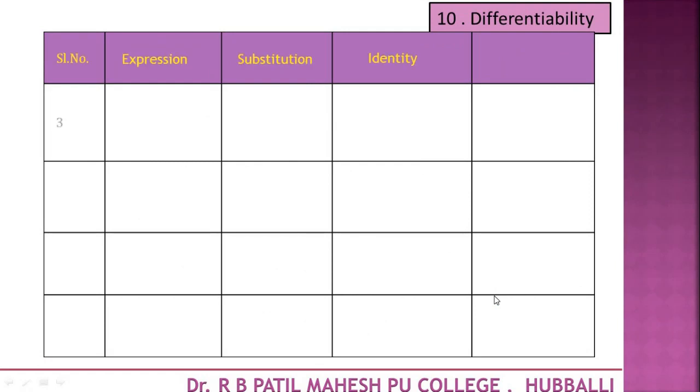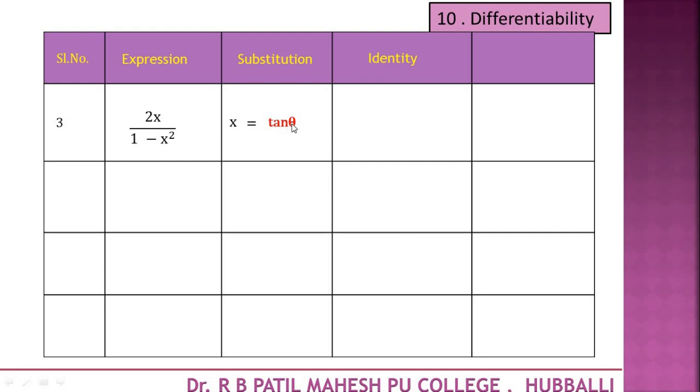Okay, now the third expression, it is 2x divided by 1 minus x square. If we have this expression with any inverse function, then the substitution is taken as x equal to tan theta. So this is the substitution, x equal to tan theta. Remember here students, the variable of the substitution is theta. Don't write x equal to tan x, because it becomes the same variable. It should be a different variable, x equal to tan theta.